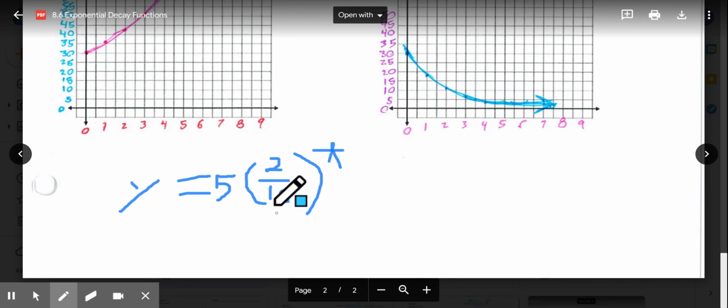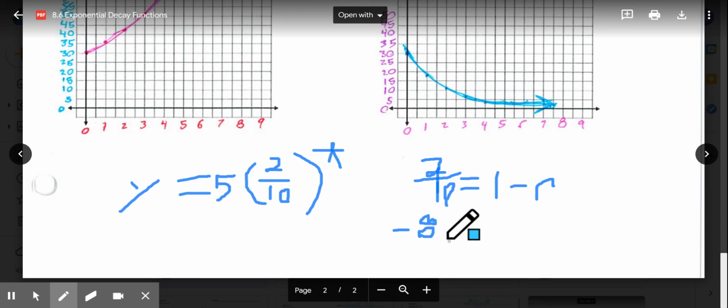So again, we know it's decreasing because 2/10 is less than 1. So what we want to do, if this is our decay factor, to figure out the decay rate, is take 2/10, whatever our decay factor is. So 2/10 equals 1 minus r. To figure out what r is, we would do 2/10 minus 1, which is a negative 8